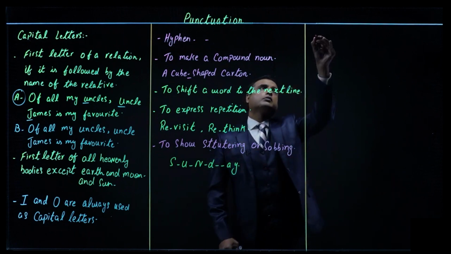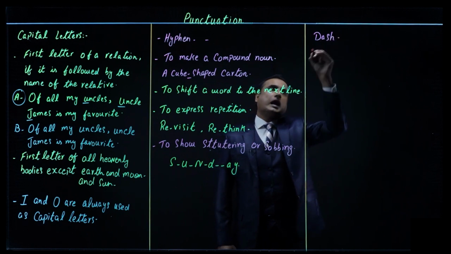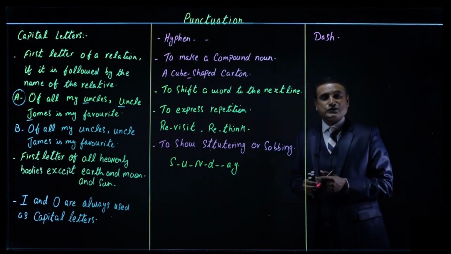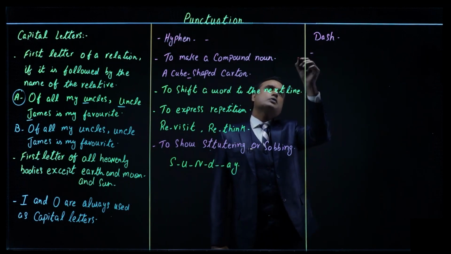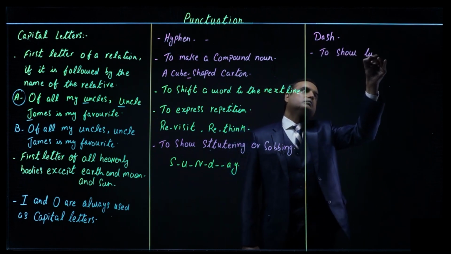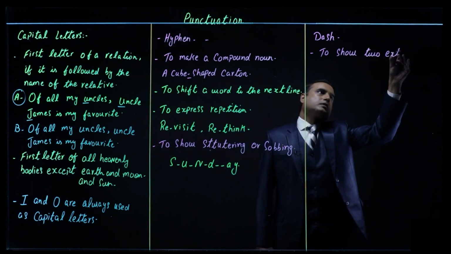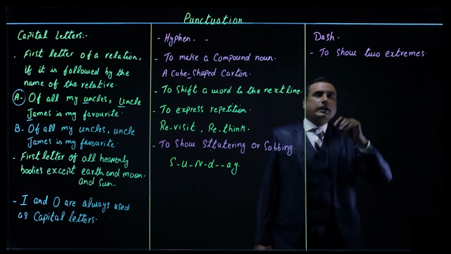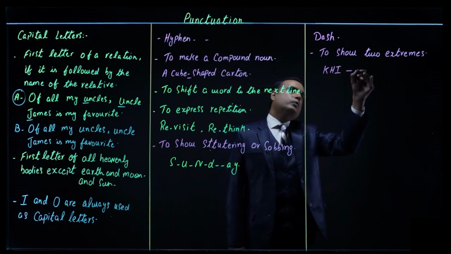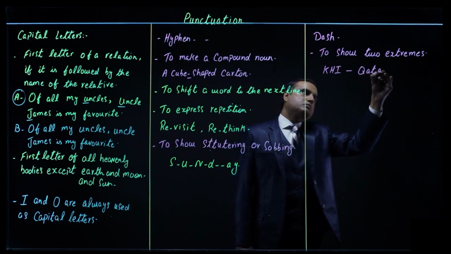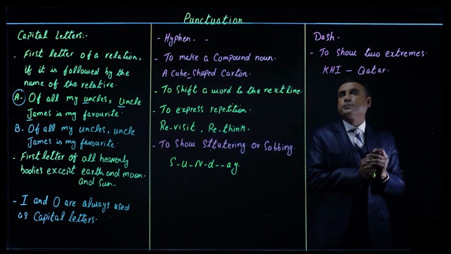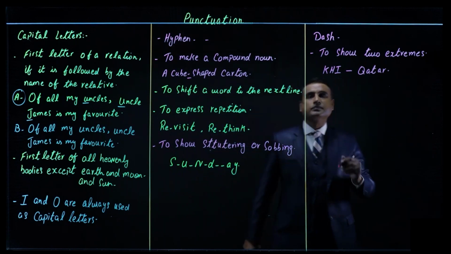And now we are moving to dash. Dash basically ये वो वाला dash नहीं है जो आप एक दूसरे को कह रहे हो तो बड़ा dash इंसान है, ठीक है। ये dash हम use करते हैं to show टू एक्सट्रीम्स, जो रेंज है ना उसको शो करने के लिए। जैसे हम कहते हैं कराची टू कतर, हियर इट इज टेलिंग अस द रेंज। तो ये रेंज जो है दैट कैन बी एक्सप्रेस थ्रू डैश।